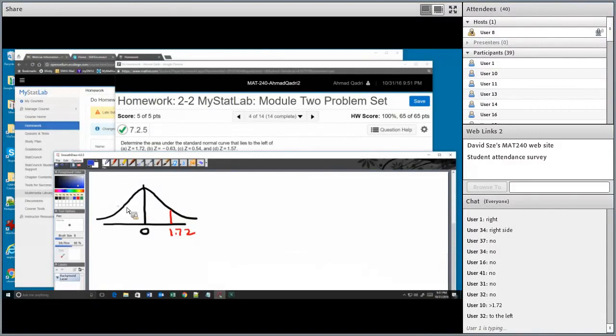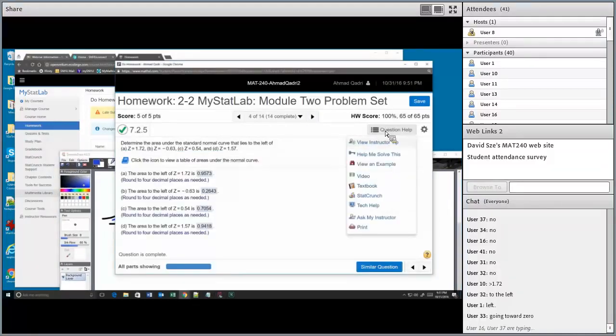Is to the left. Yes, so this whole area. Very good. So how do we find this? The question is, determine the area. We need to find what is this area, the value for this area. Okay. So how do we do this? Well,